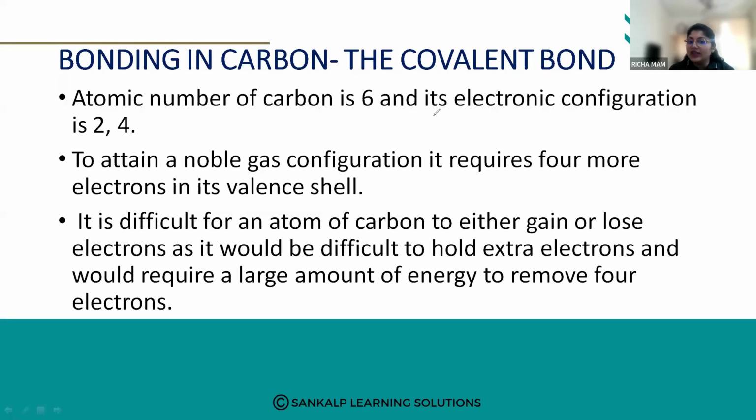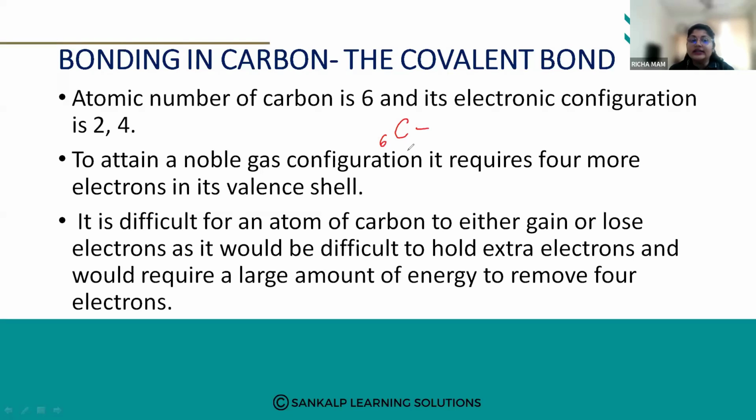Carbon, as we have said, is present in the p block. Carbon has the atomic number 6. It is represented as capital C. The atomic number is 6, and the atomic mass of carbon is 12. So when we write the